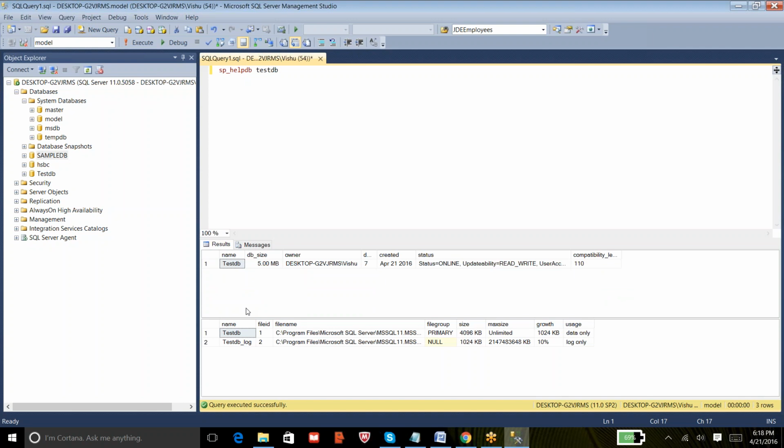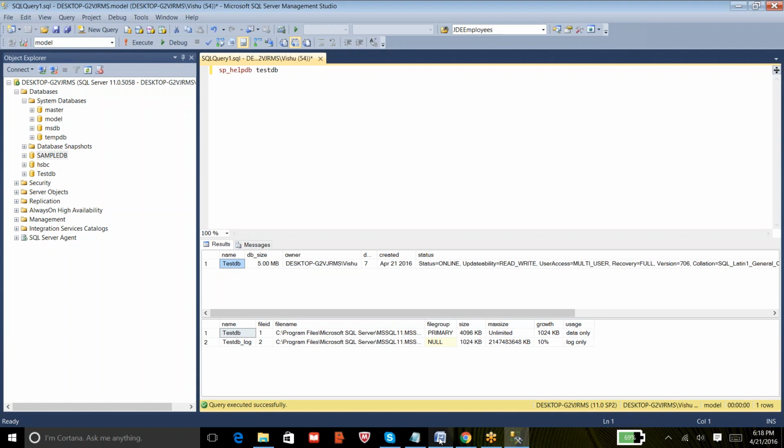Now you can see here, this is test DB, the size, owner, the logical name, file names, file groups, everything, whatever you have seen by right-clicking on the database and going to properties, the same thing is listed over here. So you can use the basic command sp_helpdb followed by the database name to get the properties of the database.